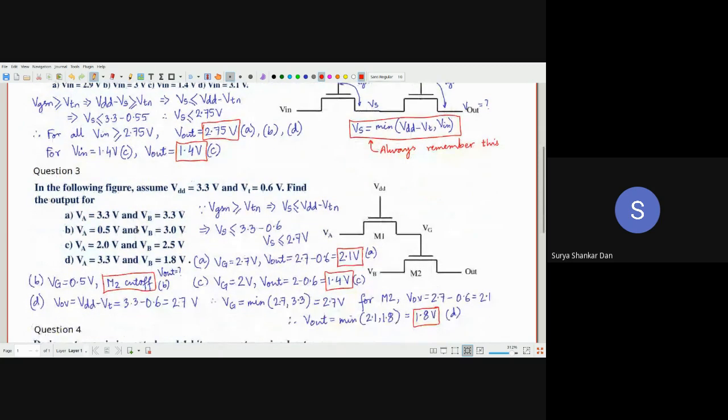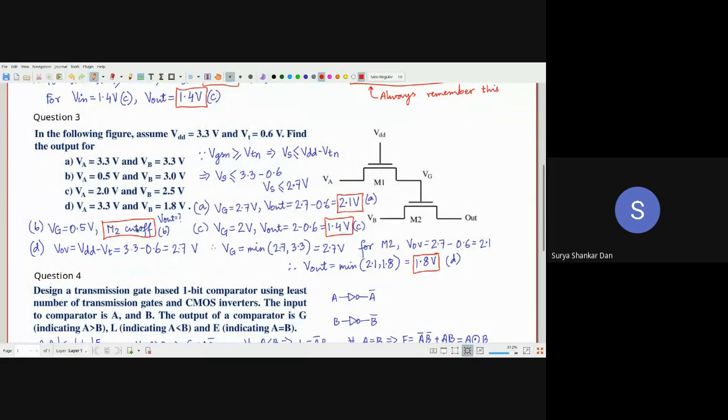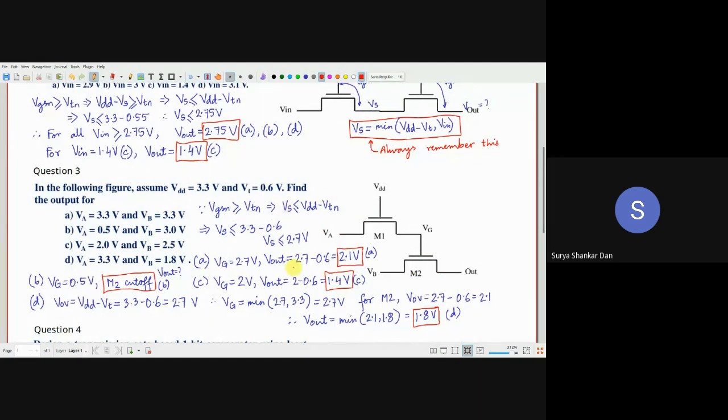Okay, now let's go to question number 3. Similar problem. Again, it is a pass transistor problem, so you can understand. The same issue, I have done all the math. Here the VOV, again, I have solved it over here. What is VOV here? VDD minus VT. VDD is given 3.3, VT is 0.6, so VOV is 2.7. Okay? Just go by this formula. Don't do all this calculation blindly. Whichever is less, VOV or V in. VOV happens to be 2.7 volts.